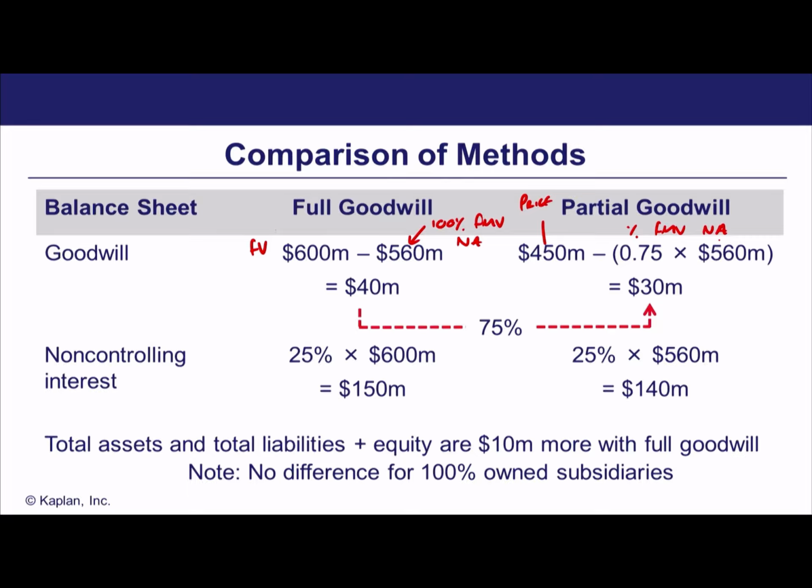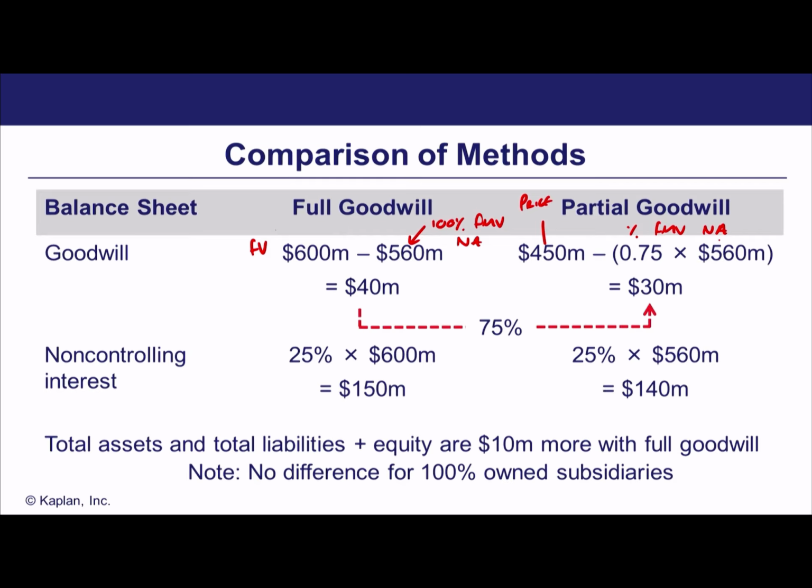Now if our goodwill is 10 million higher, that means our balance sheet assets are 10 million higher. Now of course, remember the balance sheet equation, assets equals liabilities plus equity. If your assets are 10 million higher, either your liabilities or your stockholders' equity will need to be 10 million higher to keep the balance sheet balancing. And actually, as we've said before, it's the equity. We're going to make an adjustment in our minority interest.